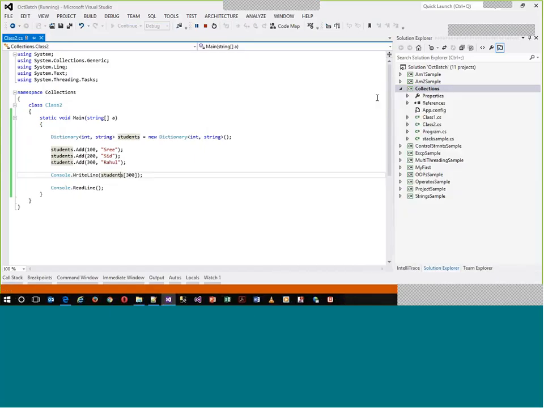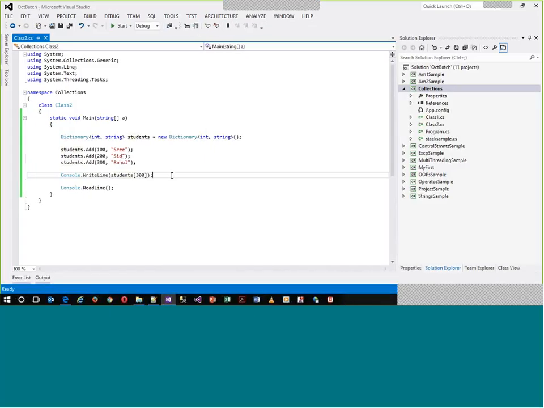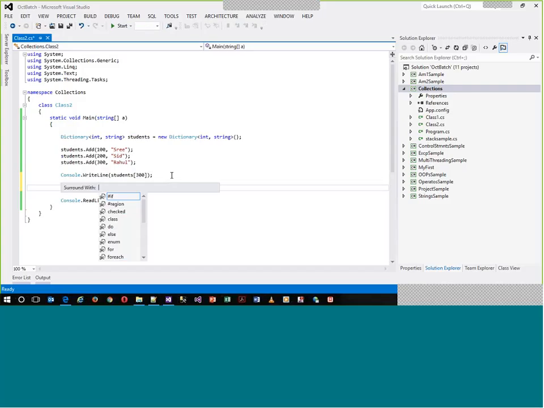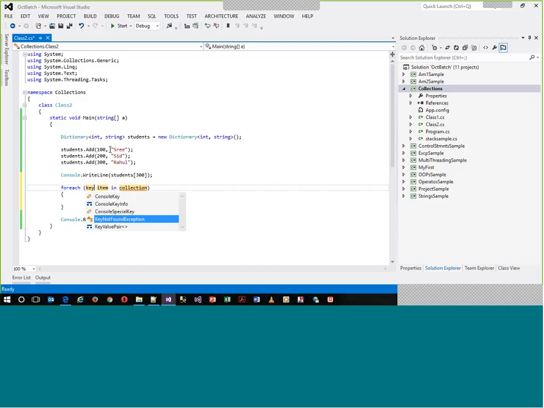Now, similarly, if you want to iterate, iteration is special in a dictionary. You have a class called KeyValuePair here. If you remember in foreach, we have used string, integer, long, any specific types. Now here, specifically for a dictionary, you have to go with KeyValuePair.